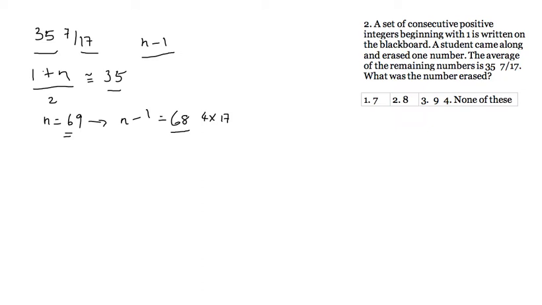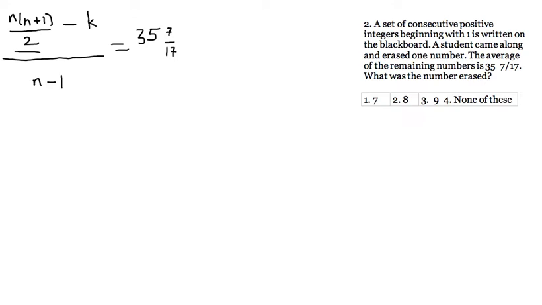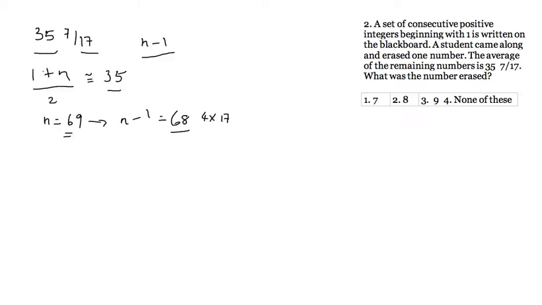Okay, now we've got one part of the equation. We now know n. It is a little easier to solve. Now you can actually substitute n in the equation that we saw here and find out k. But I don't want to do that. Let's see what else we can do. Now, if we were taking all numbers from 1 to 69, the average would be exactly 35. If no number was erased, if we take all numbers, you would get an average of 35. Now we are getting 7/17 more,